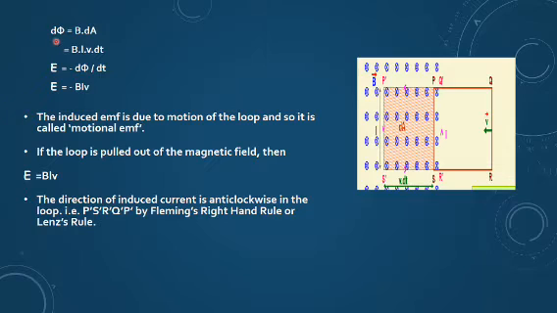The flux change d phi is given by B dot A. Here we are taking the small area dA, and this area we can write as length into breadth, this side r dash s dash, which can be written as V into dt. If for a small time you are moving with constant speed V, then this distance will be V dt, and this length is L. So I can write length into breadth as L into V dt.